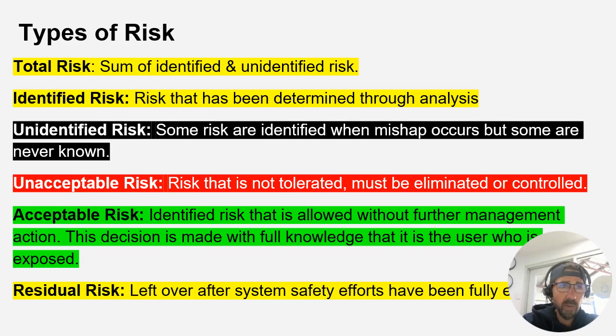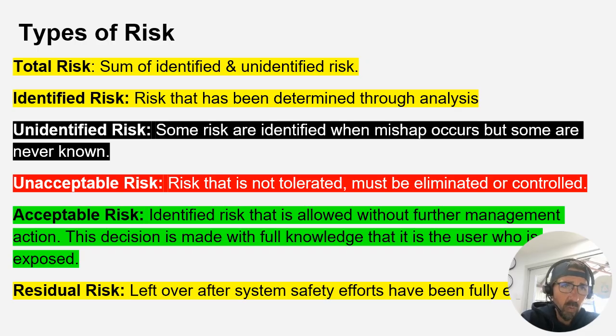So let's first talk about the total risk. That's the sum of both the identified and unidentified risks. You're doing your pre-flight, maybe planning your cross country, and you notice you're going to have to go through a canyon pass. That's a risk. If the winds are doing something, or we don't like the conditions, we understand that risk, we've identified it and kept it in the back of our mind as a challenge during that cross country. But the unidentified risks are things like a rapid change in weather,